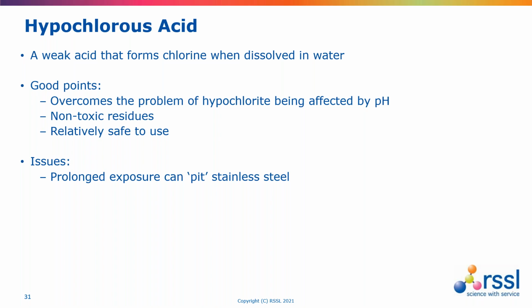So this is a slightly more pleasant material to use than chlorine dioxide, and a bit safer, but it might require a slightly longer contact time, and there is still some of the risks associated with stainless